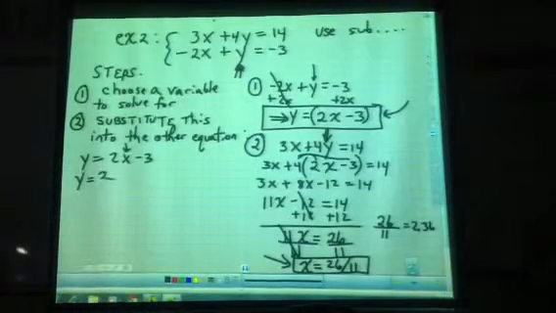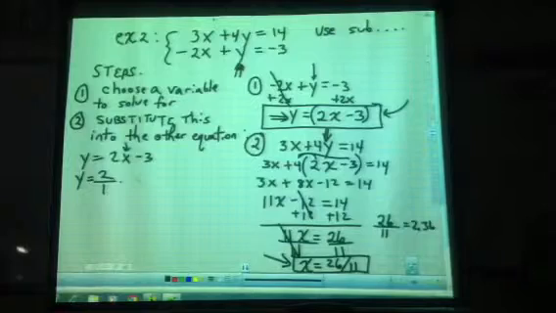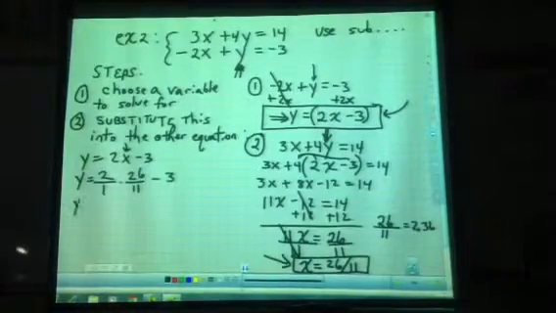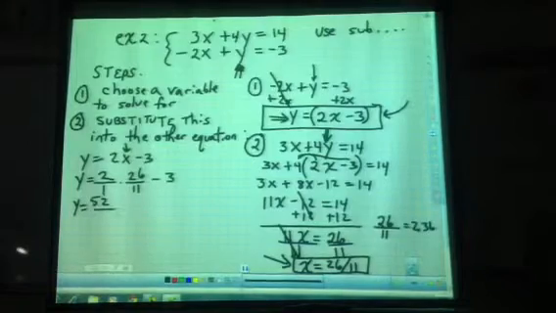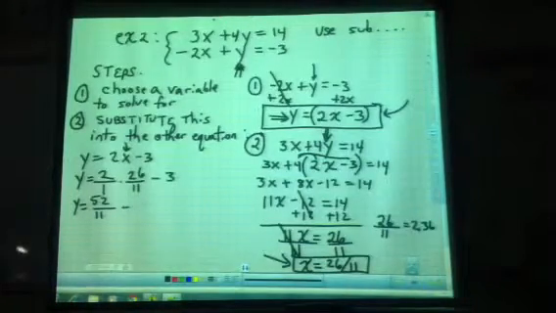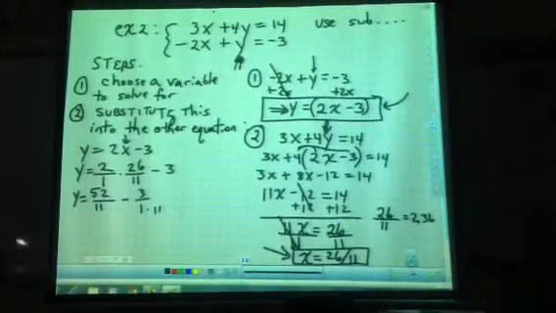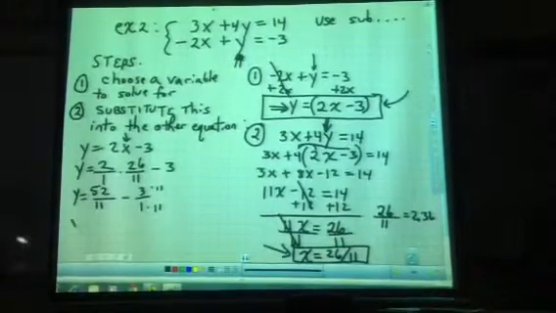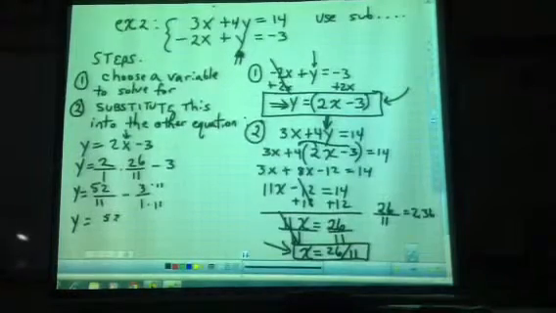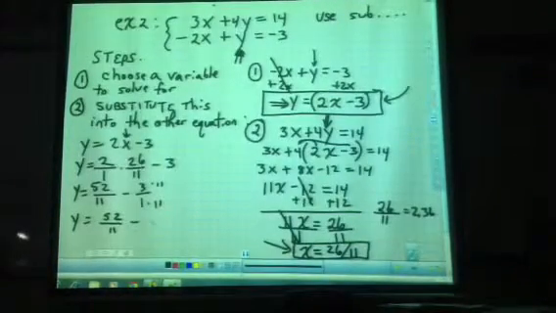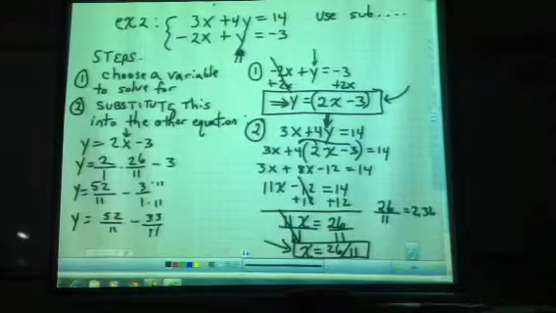Y equals 2 over 1 times 26 over 11 minus 3. 2 times 26 is 52, 1 times 11 is 11, minus 3 over 1. And you know the LCD is 11, so multiply by 11. So y equals 52 over 11 minus 33 over 11, which makes that,